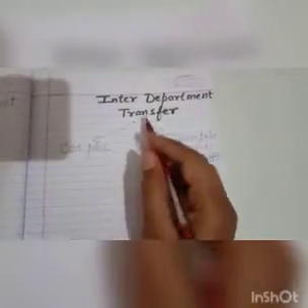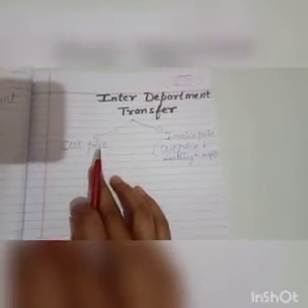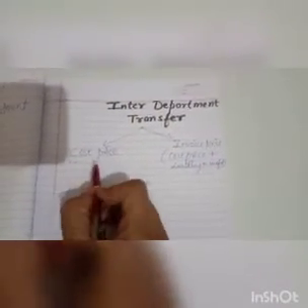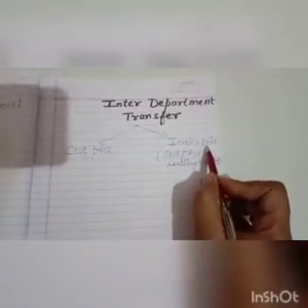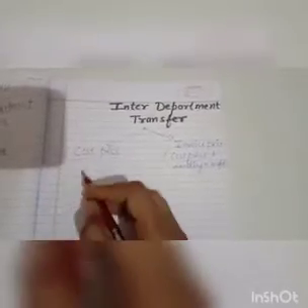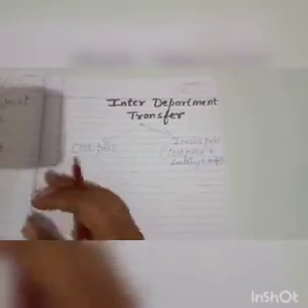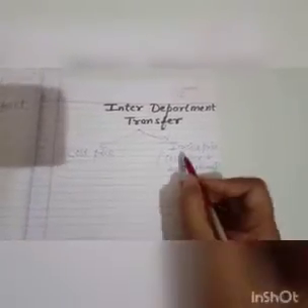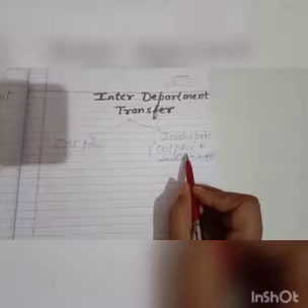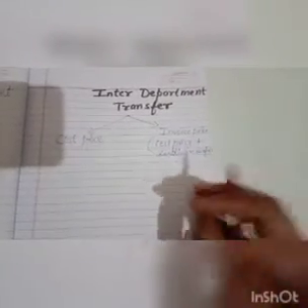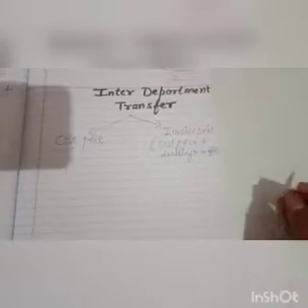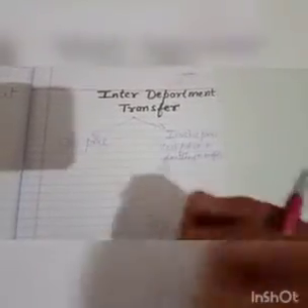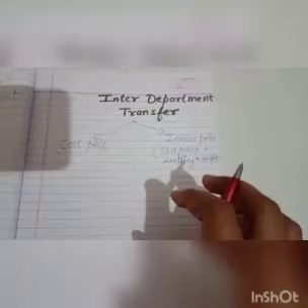Friends, interdepartment transfer can be done in two different ways. One is based on the cost price, and the other is based on the invoice price. Cost price means the actual cost at which the raw material or goods were purchased by an organization or a department. Invoice price includes the cost price plus a certain benefit, so when one department transfers to another, they add some amount to get a profit.